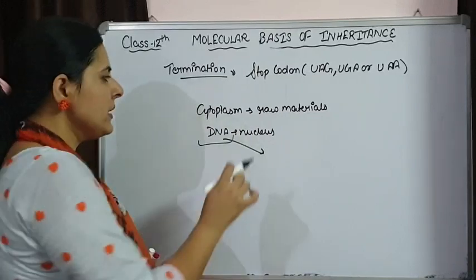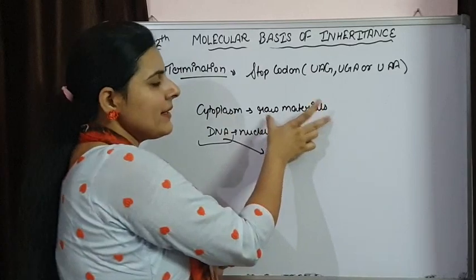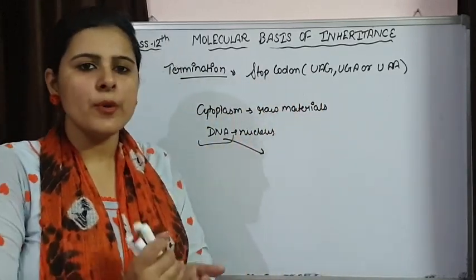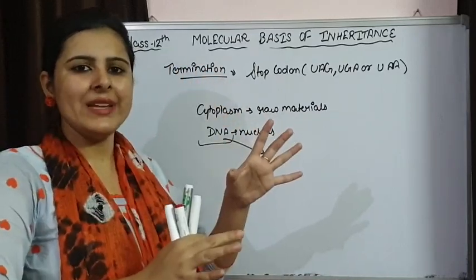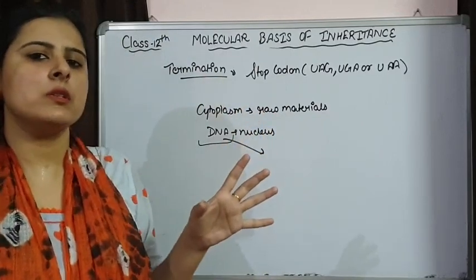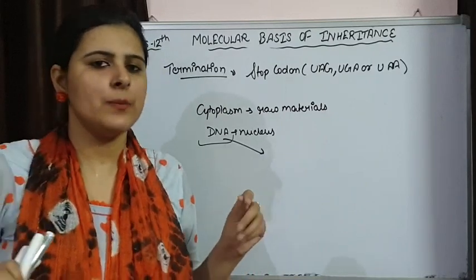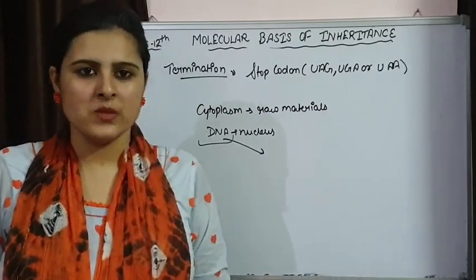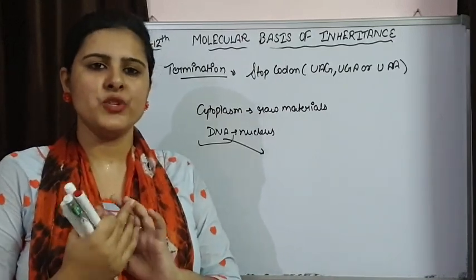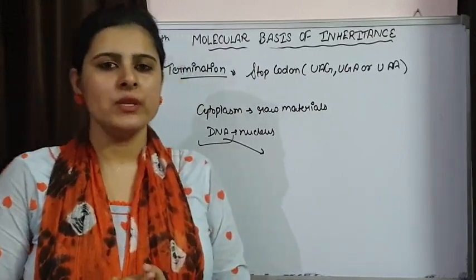And if this whole process were to take place inside the nucleus, then the raw materials are not present there. So because of the protection of DNA and providing all the raw materials, half of the process takes place inside the nucleus and the other half takes place inside the cytoplasm. So this is all about the important topics: DNA replication, transcription and translation. Next we will start with another topic of this chapter.